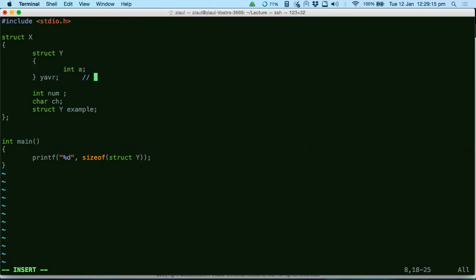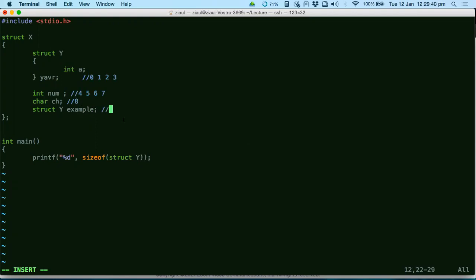If I start it from 0, it will go from 1, 2, right? Integer is 4 bytes. And then it should go from 4, 5, 6, 7, right? And then this will go from 8.